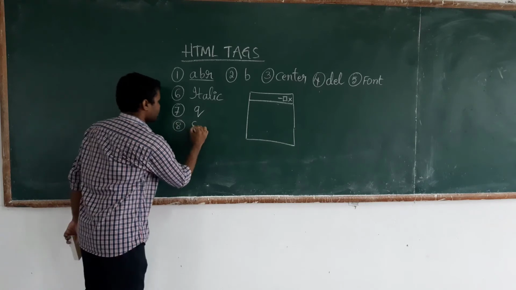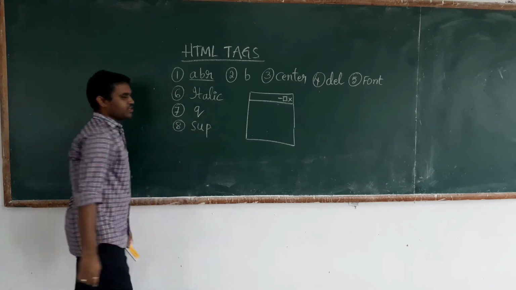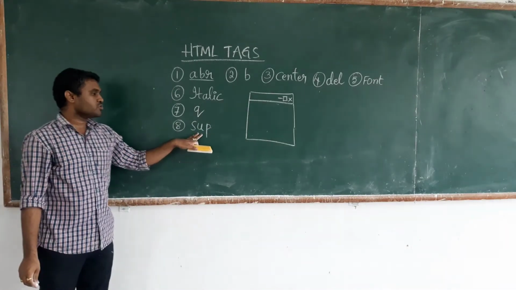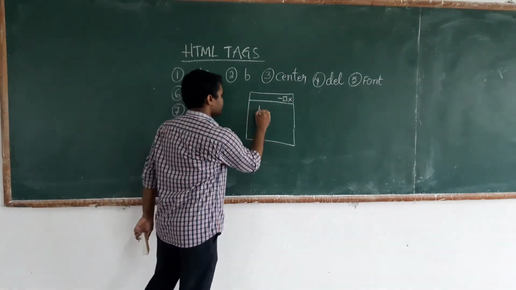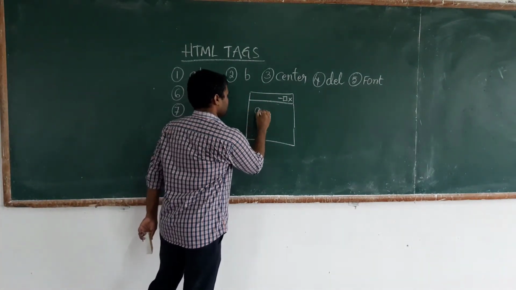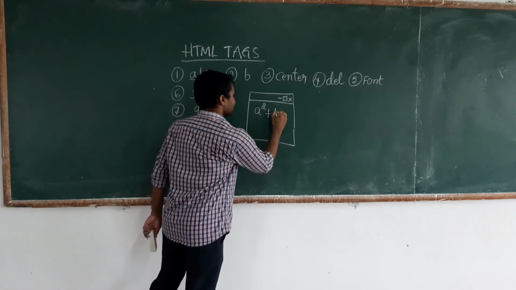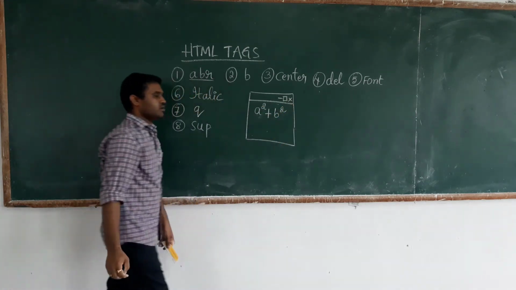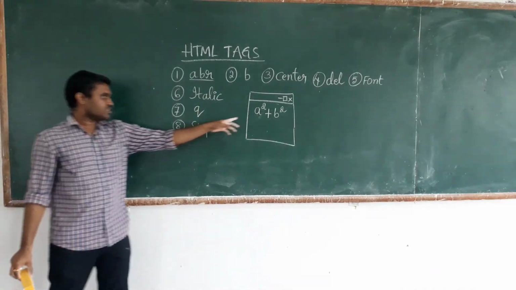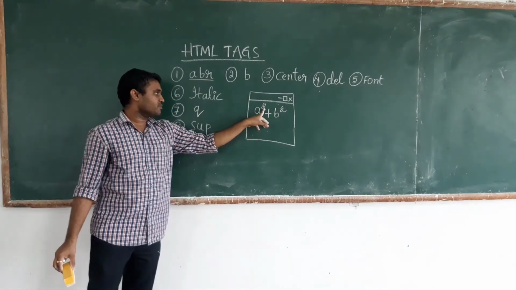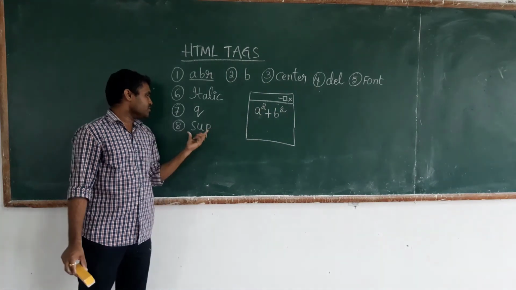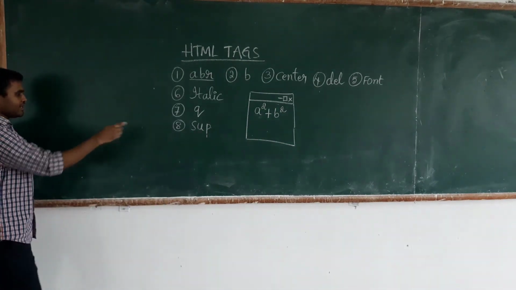So we'll see one more example, that is superscript. It is used to display a superscript to the text. Let us say for example, I have to display a square plus b square in the web page. So this 2 is called as superscript. That superscript will be indicated by using a tag called as SUP. I can write a statement like this: